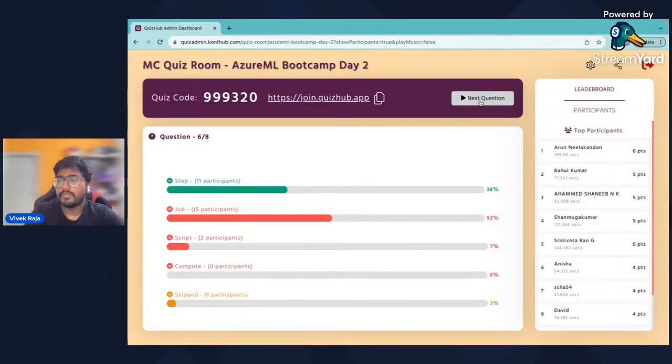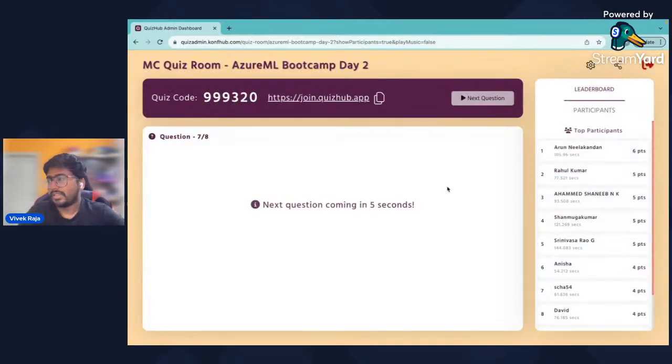A unit of execution is called a step, but once you execute it, it's called a job. So in a pipeline, one thing which can be executed is called a step, but once it's executed, it becomes a job. Okay, so it's a step. I think that serves the explanation.